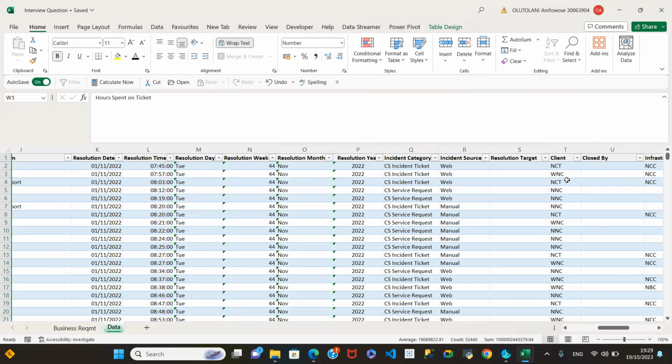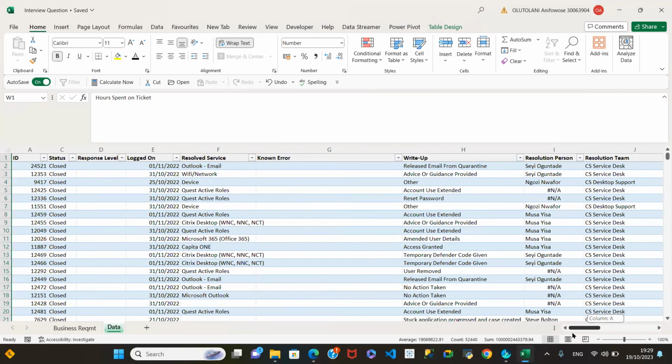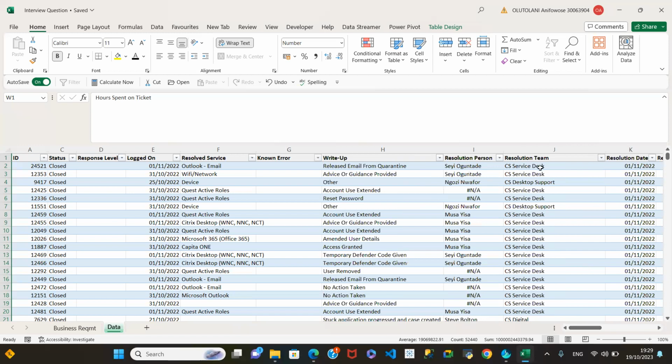Because like I said, not all the columns are going to be needed. So what columns should we be focusing on? What about ticket ID? Yeah, ticket ID. Okay, so ticket IDs. Then what else could we use? Maybe the resolved service. Status. Status, closed and